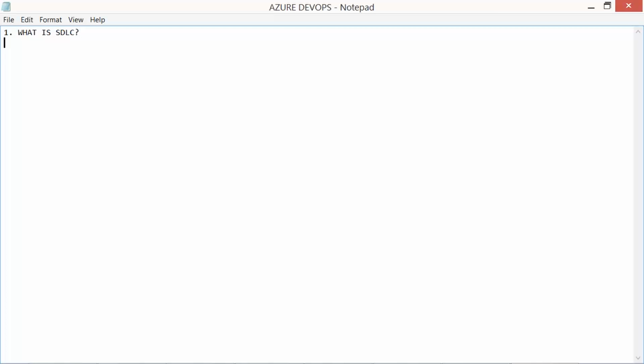We need to understand it first today. Then, in this process, what is dev, what is operations, and what is DevOps. Then we add Azure so that we can happily continue with what is Azure DevOps.